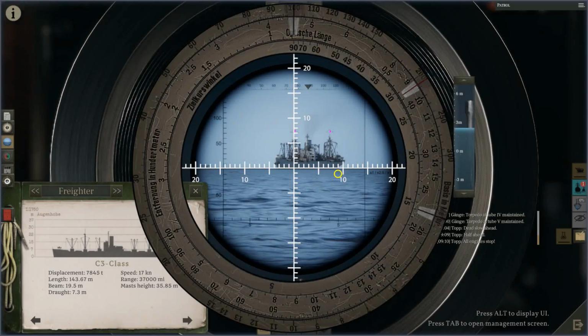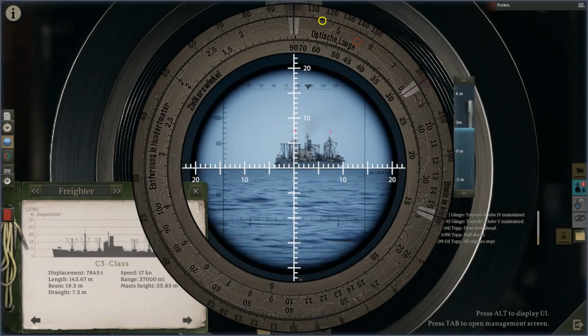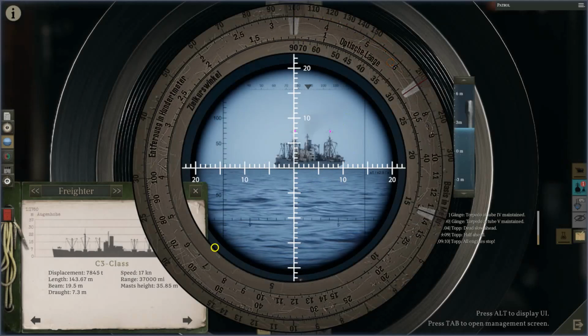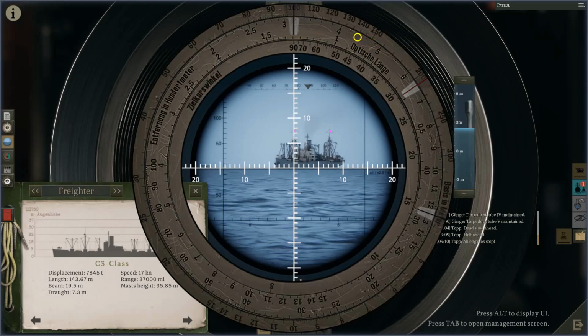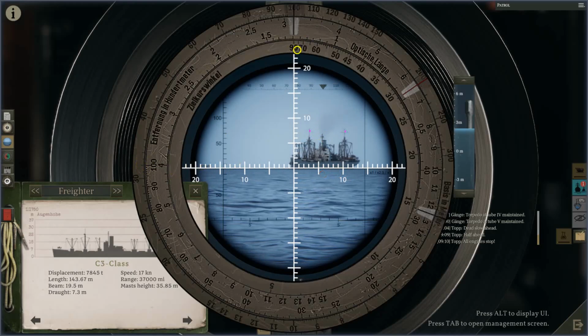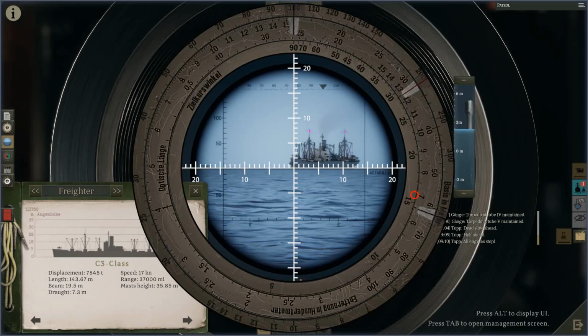How do you find the angle on bow? Well, by knowing the distance, you just align the distance, the 4,500, with the length of the ship, which is a little bit less than 104.5. You align it here. And going back to the inner scale, the mil scale, at the unit mark 1, the corresponding number is 32. That is actually the reference visible length of the ship. If the angle on bow was 90 degrees, the visible length of the ship would be 32 clicks, but it's actually not 32 clicks. What we need to do is, here's the 90 degrees, I align it with the 32 clicks,